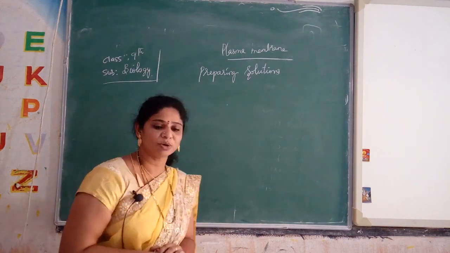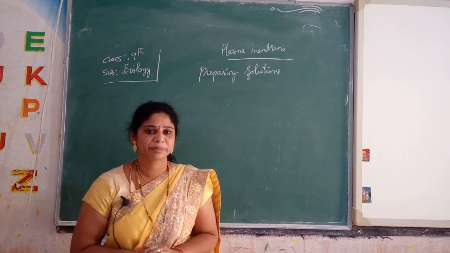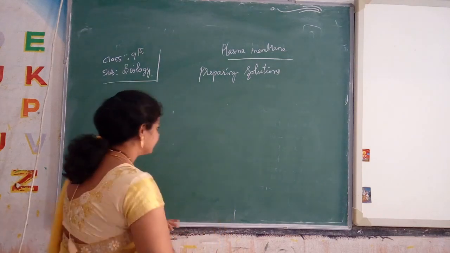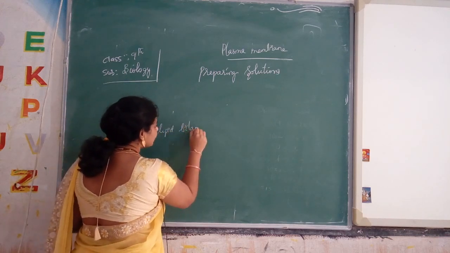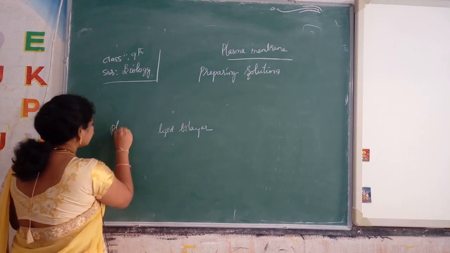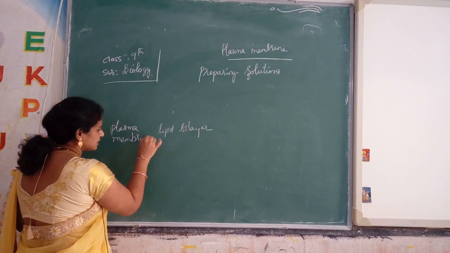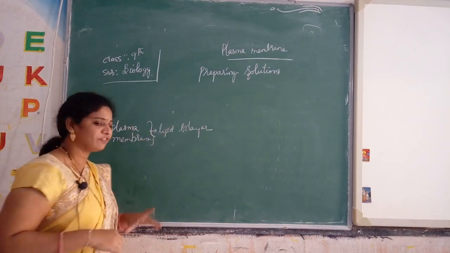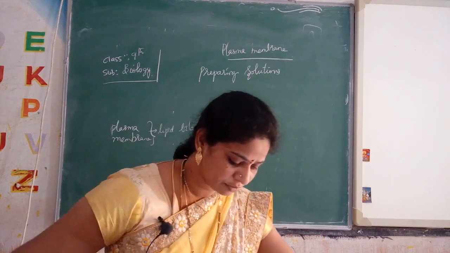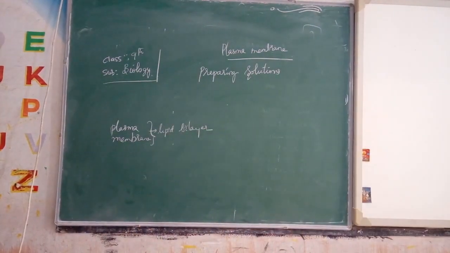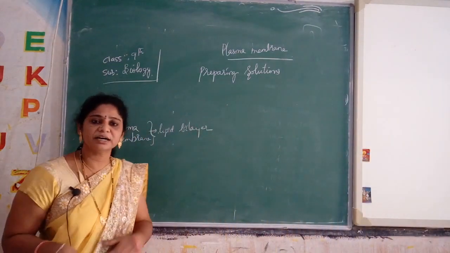Today we will discuss the plasma membrane. We have already started on the plasma membrane, you know very well. Regarding its structure, this is a lipid bilayer. The structure is not shown here, but the functions of the plasma membrane have been given for you. The plasma membrane is a lipid bilayer.